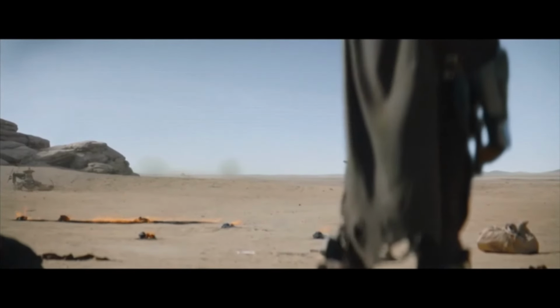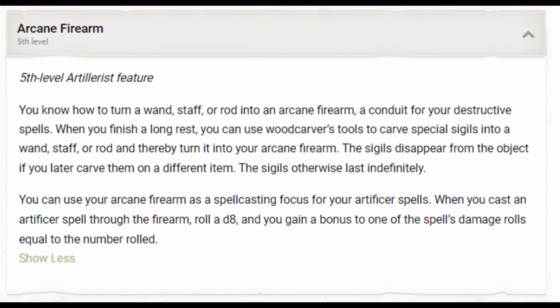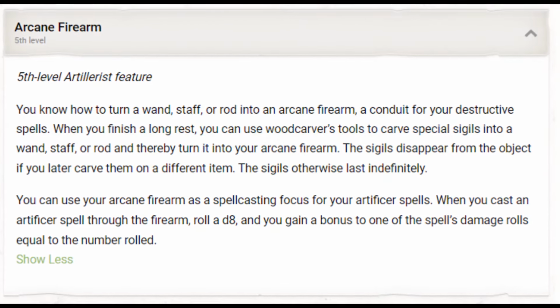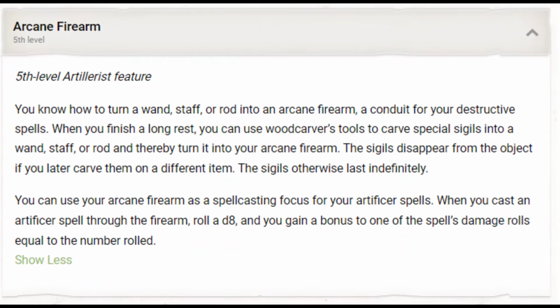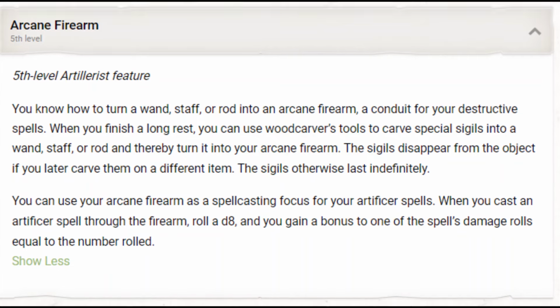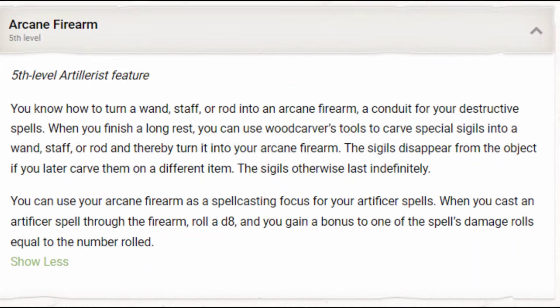At this level, we also get Arcane Firearm, which gives us an additional D8 to one of our damage rolls from an Artificer spell cast through the firearm. This would have been amazing for Magic Missile, but unfortunately it's not an Artificer spell. However, we do have several spells that we'll definitely want to cast through this, especially any area of effect spells